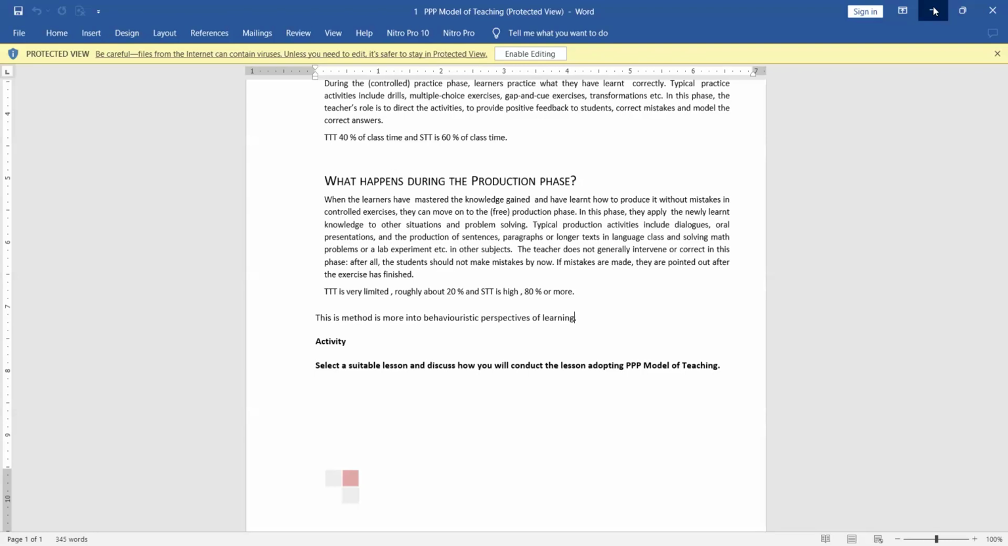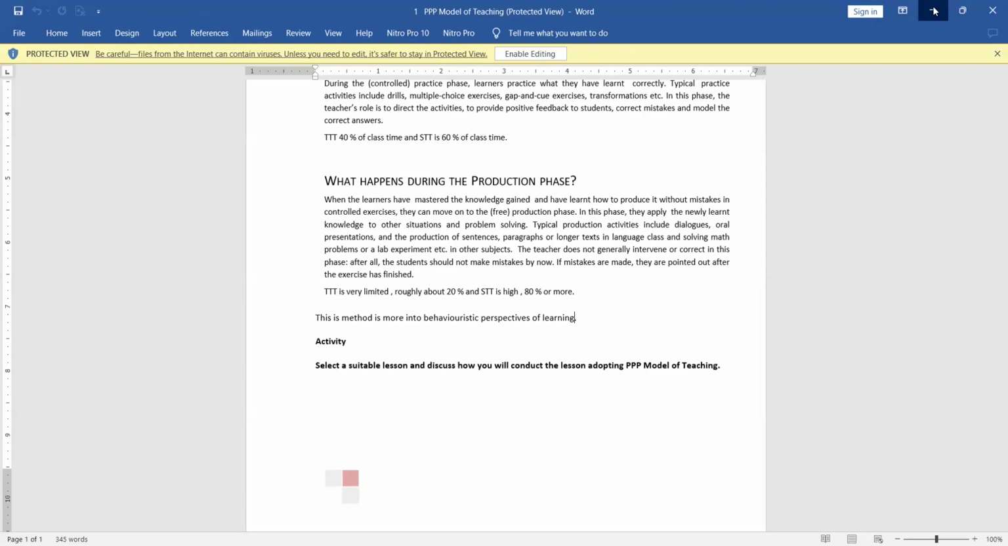Second one, how much of class time? Presentation stage, 1/4, less than 10 minutes. Practice stage, more than half of the class time, 20 minutes out of 40. And the production stage, again, less than 10 minutes. And then you have to talk about whether it's controlled practice or free practice given, right? Then you have to talk about